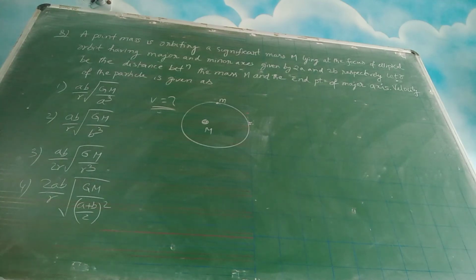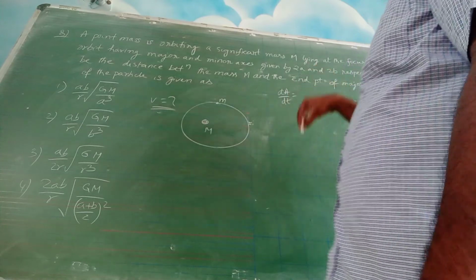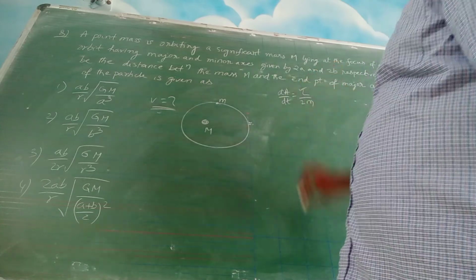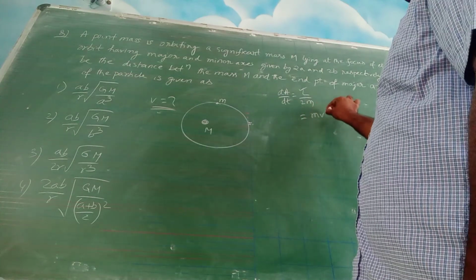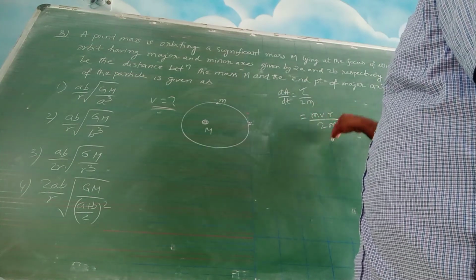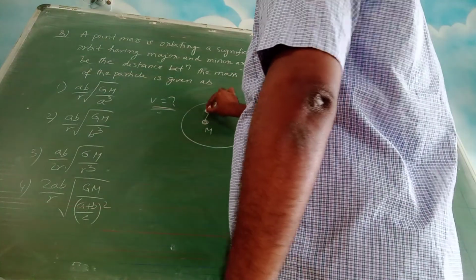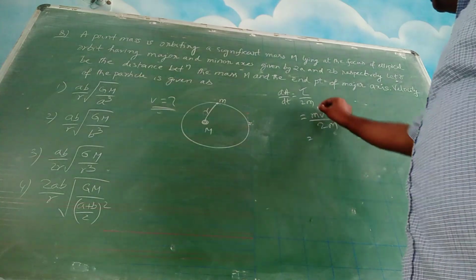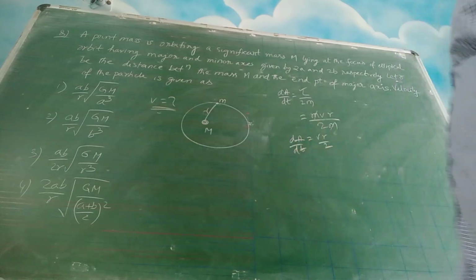Now as per Kepler's second law, we have seen that you have areal velocity dA by dt which is constant, and I have shown in the class also that dA by dt basically is L upon 2m. What is this L? L is the angular momentum. So it can be given as mvr divided by 2m. Let us say this is at a distance of r. So from here m cancels, and you get vr by 2. This is your dA by dt.